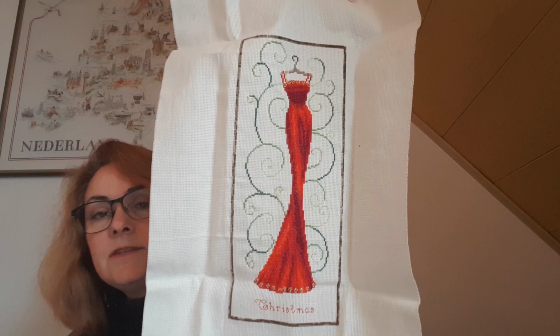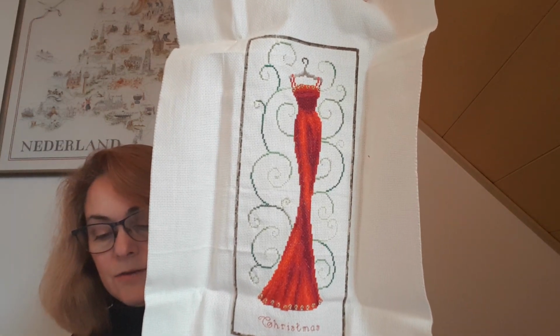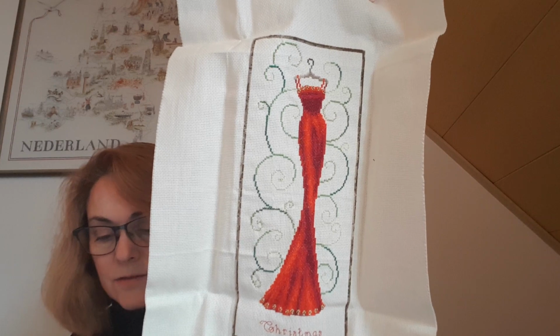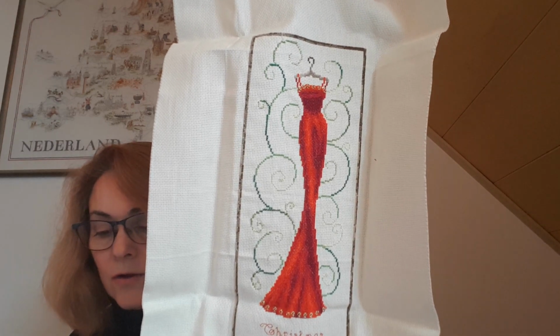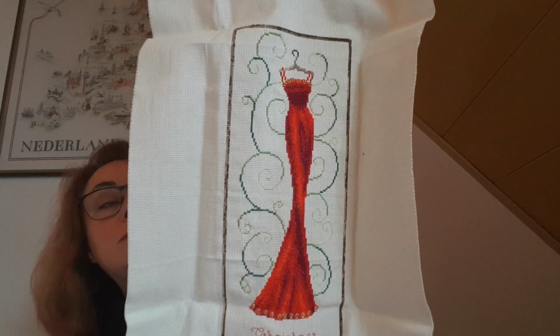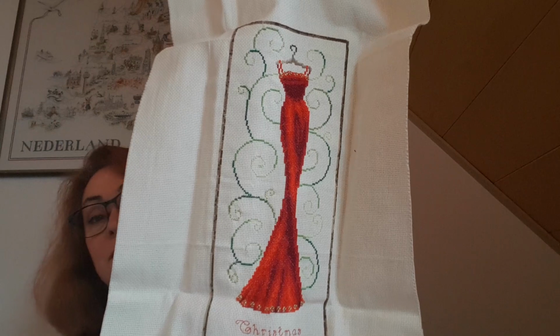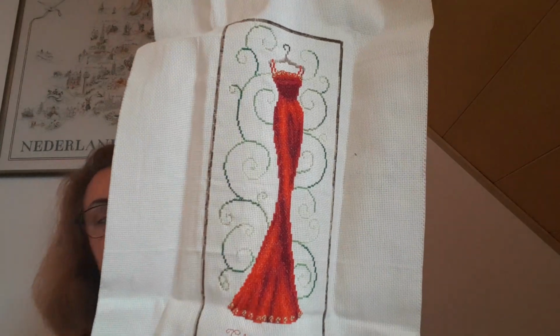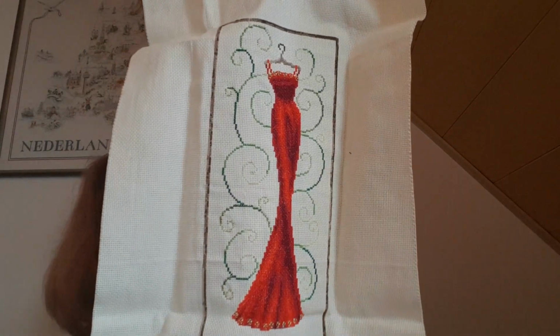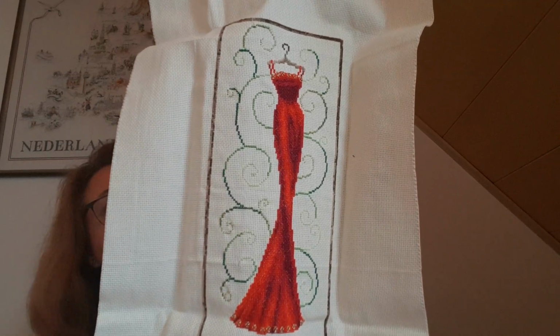There we go. This was a Vavaco kit, and it was also gifted to me. I finished this, when did I finish? On the 19th of February, but I did start it in 2019. And I bought something second-hand, a kit or something, on the Dutch auction site, Marktplaats, and the lady included this